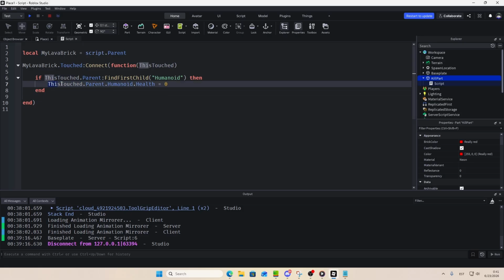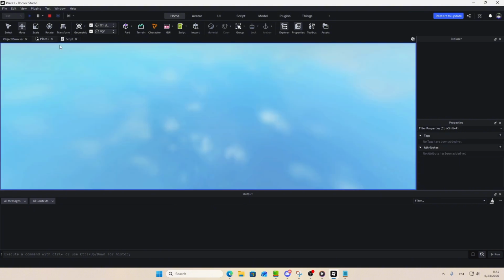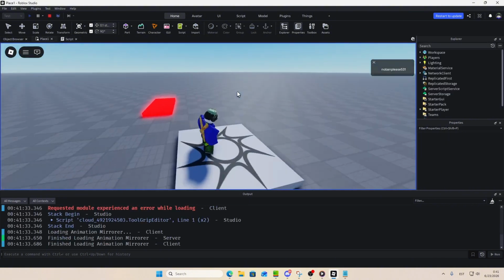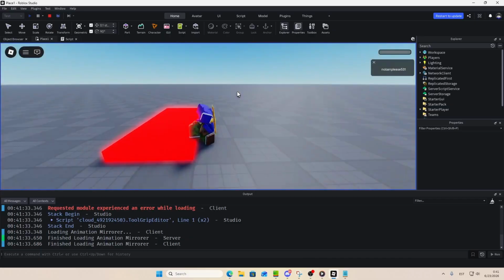So, the part that touched, so something that touched it, then its parent, and inside that parent we have a humanoid, and we want to change its health to 0. Okay, let's see. Yeah, I died